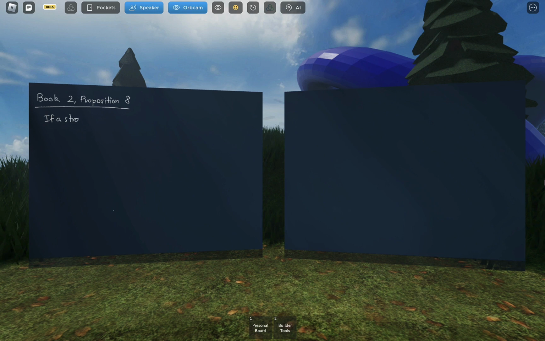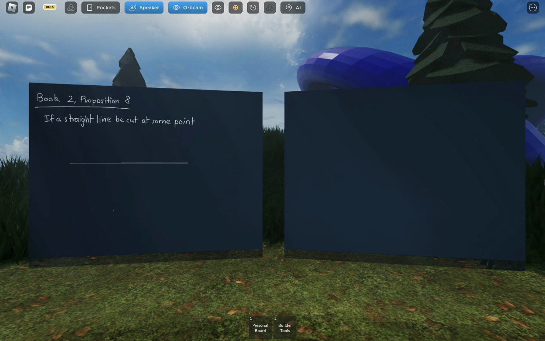If a straight line be cut at some point, so our straight line is, actually, reevaluate that, AB, and if we cut it at C, so that's C,